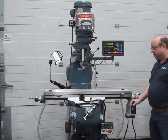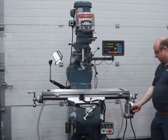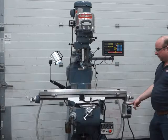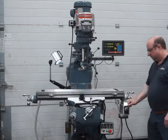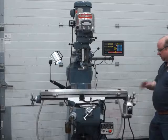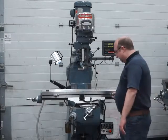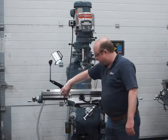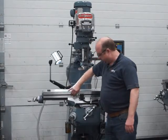One thing I didn't show you was the power feed in the X. So this is variable speed and has a rapid override as well. Take your finger off, it goes back to feed. Same in reverse. Finger off, goes back to feed. And you can adjust these stops to wherever you need them to be, wherever the job happens to be. Okay, so wherever they want to be, just lock them off, and then when that touches the switch in the middle,